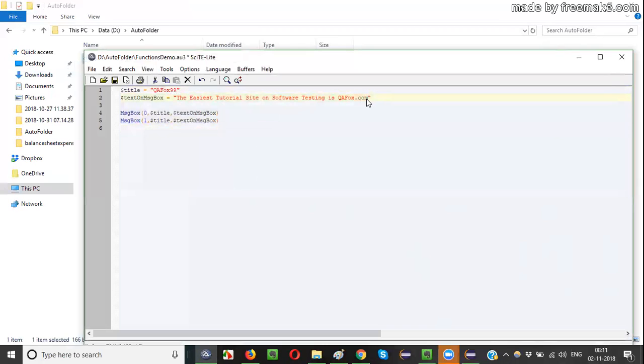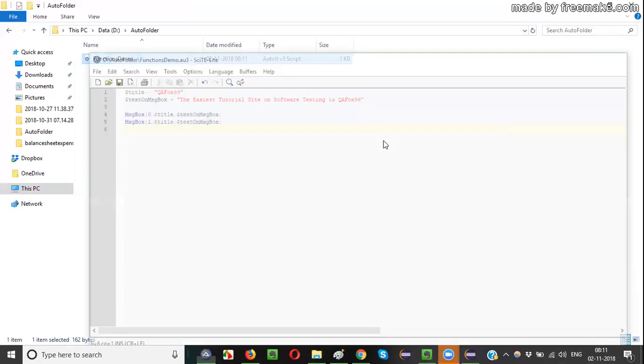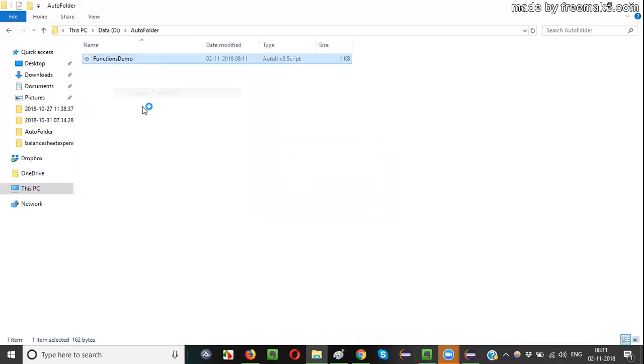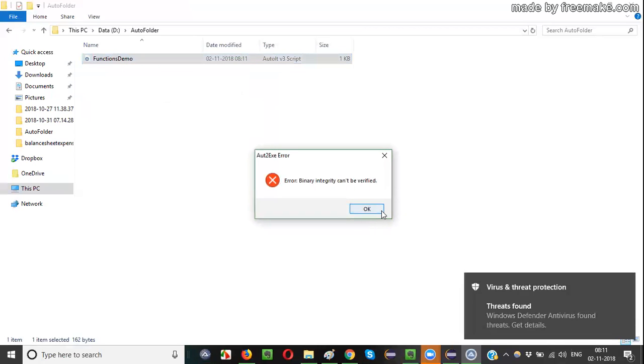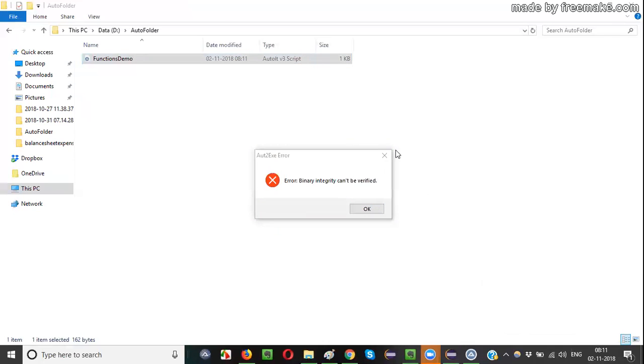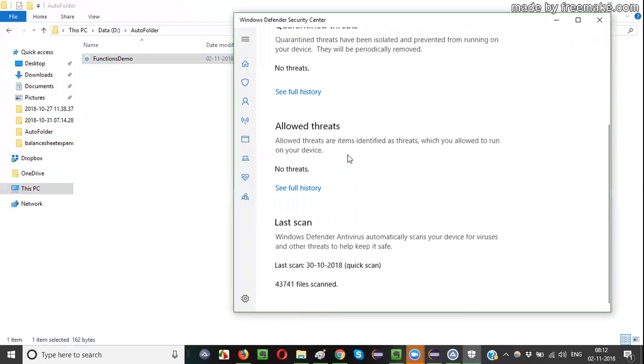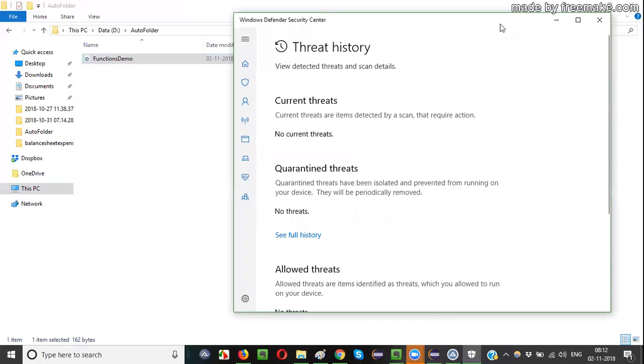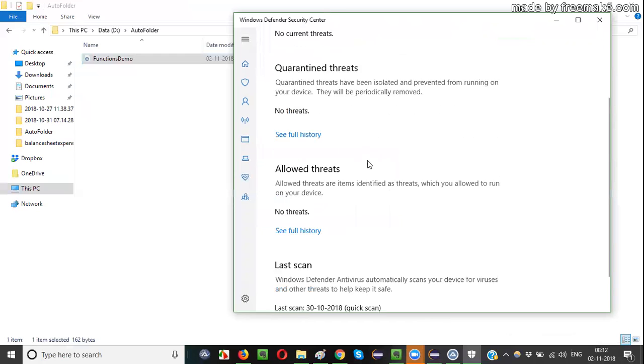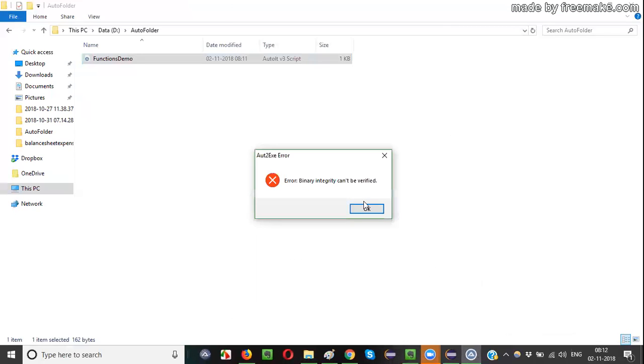Here also QFox 99. Save it. Right click, compile. Something is being stopped. What is that?